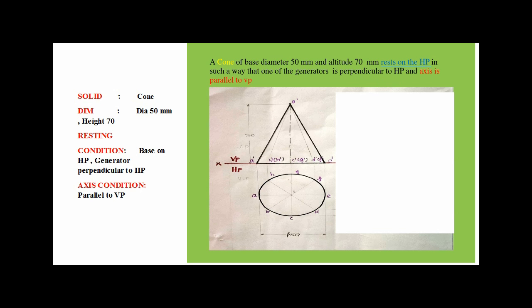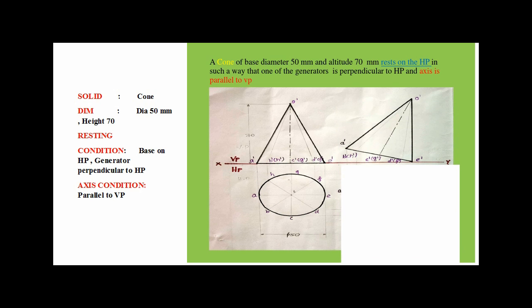So in the first stage, make the axis perpendicular to the HP so that you will get the true base shape in the top view. Then project the front view from the top view. Now make sure that one of the base points lies on the reference line. Measure the distance between E dash and O dash. Draw a vertical line from here in such a way that the distance between E dash and O dash is equal to the measured distance.